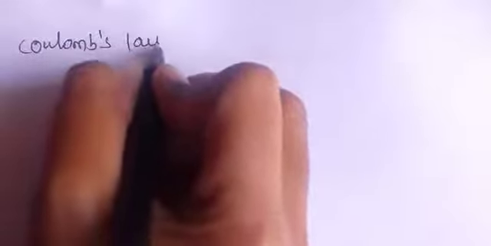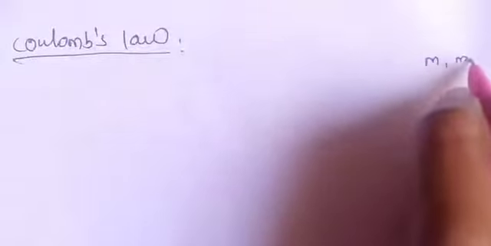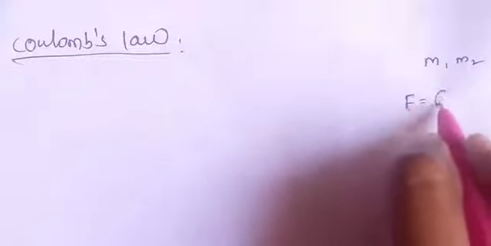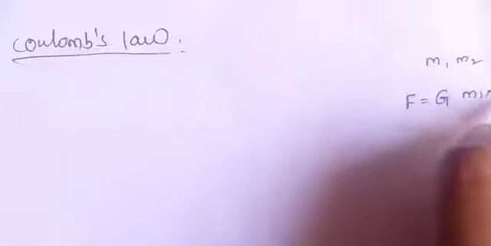Coulomb's law mainly expresses the force of interaction between two charges. In the 11th class, the first year, we already studied the force of interaction between two objects by the gravitational law. When we consider two masses, m1 and m2, there is a force of interaction between them: F equals some constant times m1 m2 by r